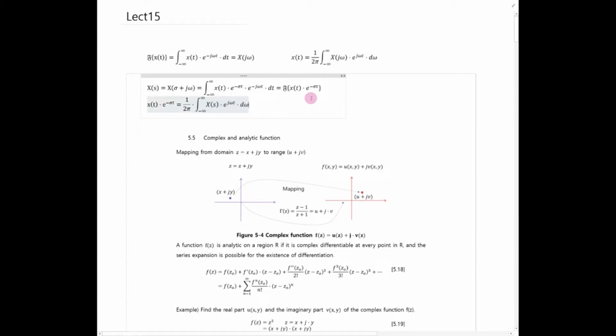Okay, from now on we can multiply e to the sigma t on both sides. Then the inverse Laplace transform is defined in this way: